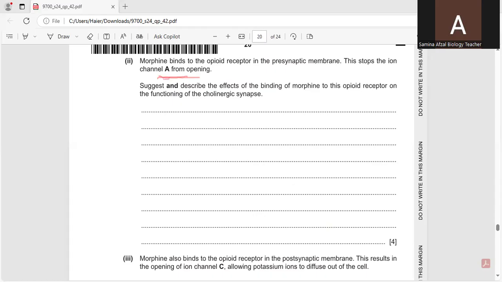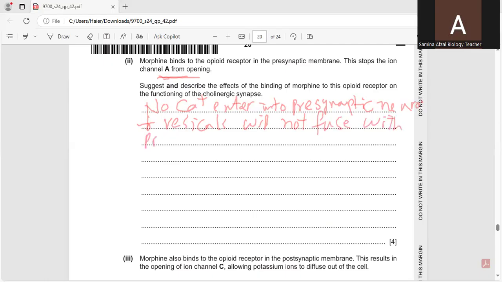So what will happen as a result? No calcium ions will enter into the presynaptic neuron. So vesicles containing acetylcholine will not fuse with the presynaptic membrane,